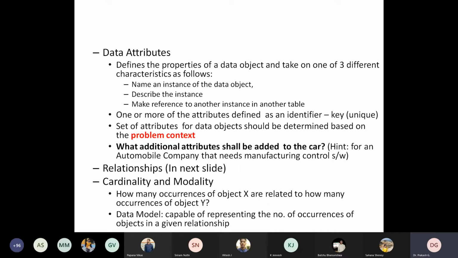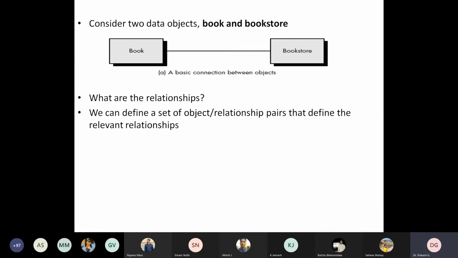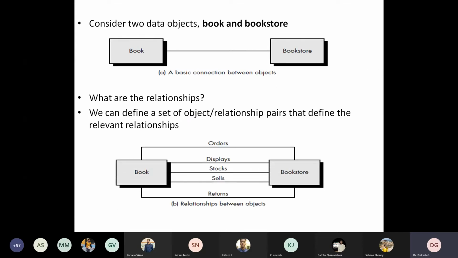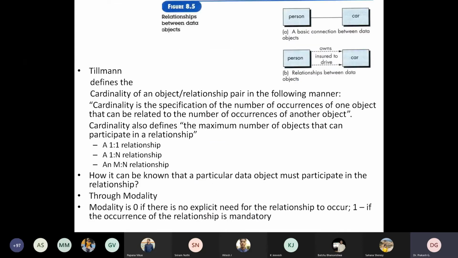As a data model concept, you have to be able to represent the number of occurrences of the object in a relationship. That is the next step, and that is what we call cardinality. Cardinality means, see the standard definition given here, the specification of the number of occurrences of one object which can be related to the number of occurrences of another object.